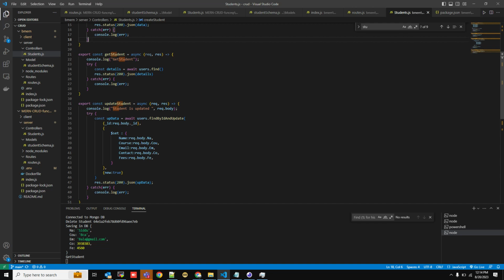Which ID you have to update. Okay, so basically, you have to call this function findByIdAndUpdate. This is a function to find a particular record by ID and update that record. For this function, the first argument is the ID, right? So the ID which will come in the request.body, and then